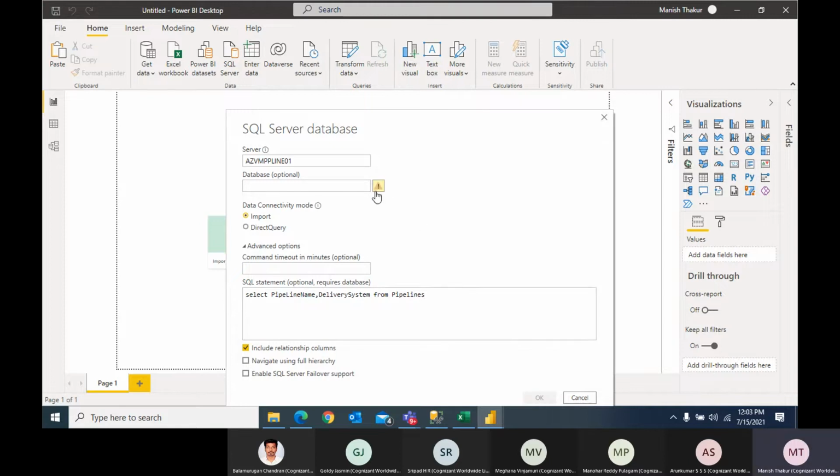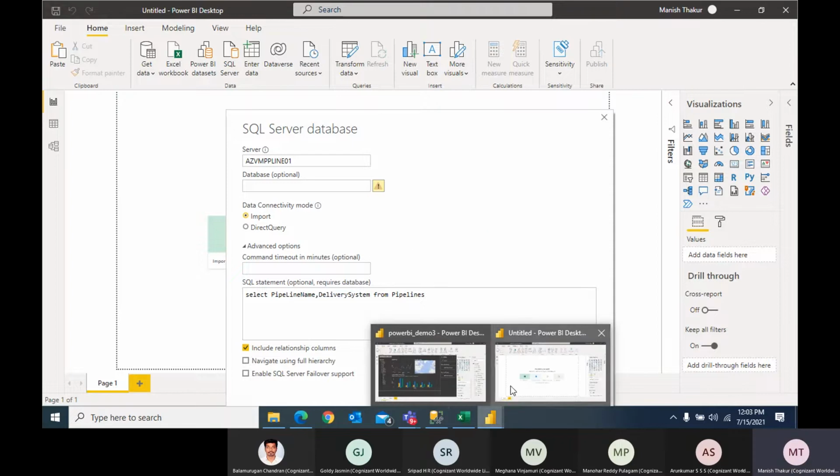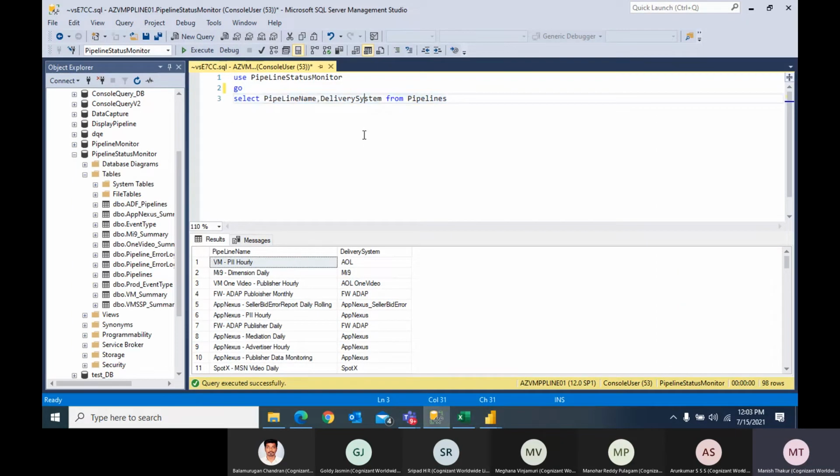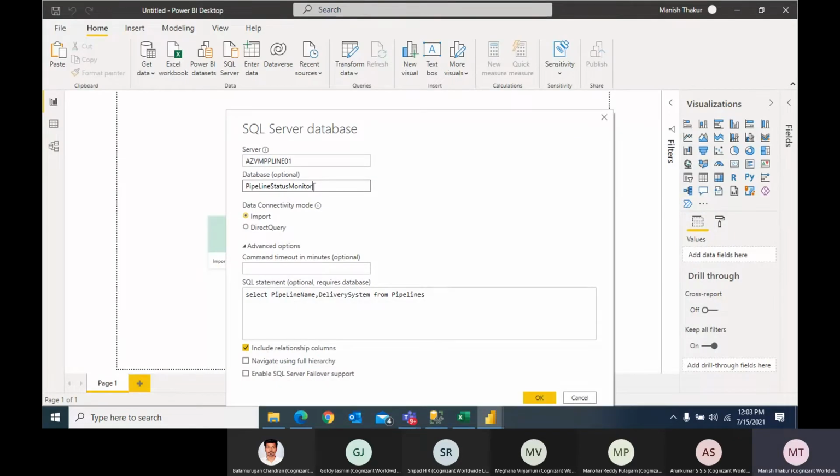Oh, I think you have to give the database name. So okay, this is my database name. Here I'll put my database name, and once you have put your query, a manual query also you can put and fetch the data. I'll click on OK.